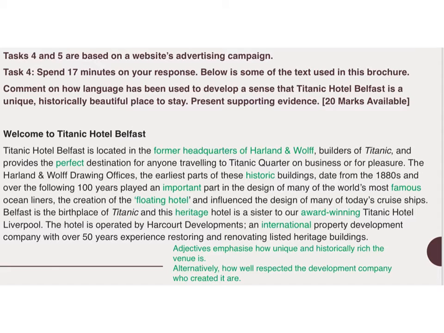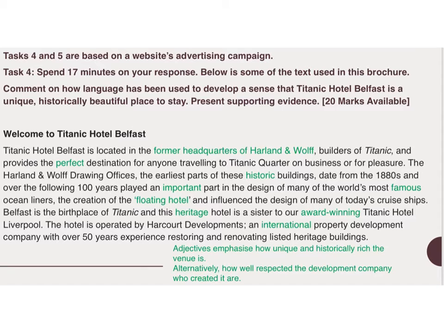The creation of the floating hotel and influenced the design of many of today's cruise ships. Belfast is the birthplace of Titanic, and this heritage hotel is a sister to our award-winning Titanic Hotel Liverpool. This hotel is operated by Harcourt Developments, an international property development company with over 50 years' experience restoring and renovating